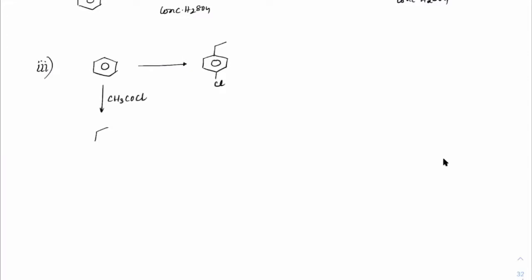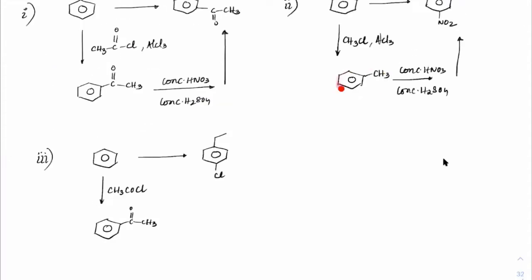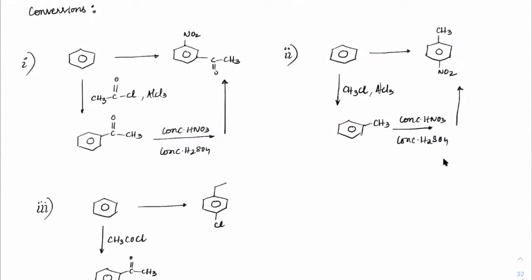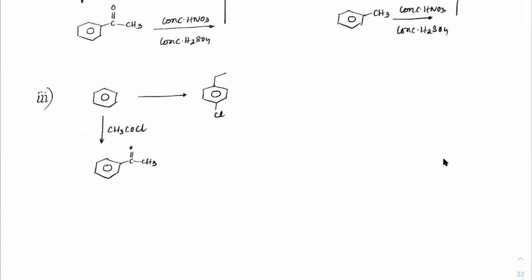CH3COCl. On acylation, what do we get? We get C double bond O CH3. If you have done alkylation, I'll tell you what the problem with alkylation is. When you directly use any alkylation, it might give side products also. Polyalkyl groups can also be formed. That I have ignored here, but to be precise, I should have considered that also. Here, with C double bond O CH3, there won't be any polyacylation, right? We have seen that in Friedel-Crafts cases. So no polyacylation will take place.